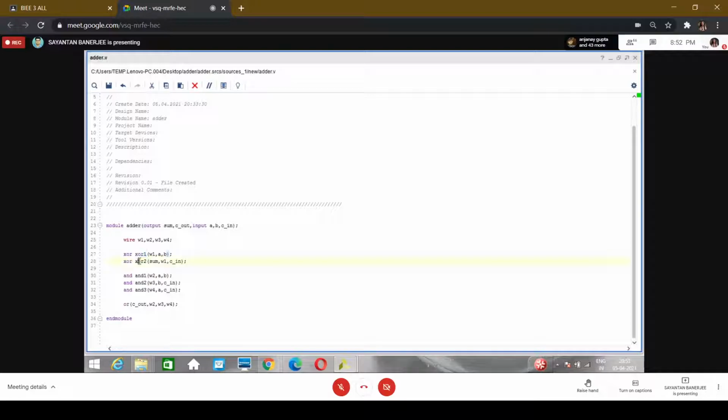If you only mention XOR, you have to again mention XOR there, so you cannot use this same thing. So to avoid repeated usage, it is better to specify names in the circuit. You can also remove this, it will work. For the full adder, we don't need names because it is a small circuit. So we are saving this.